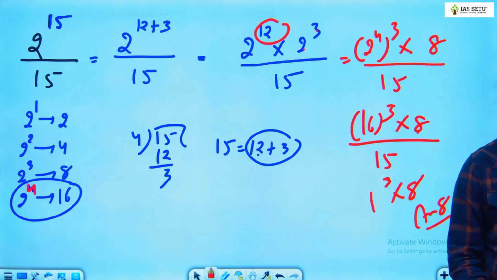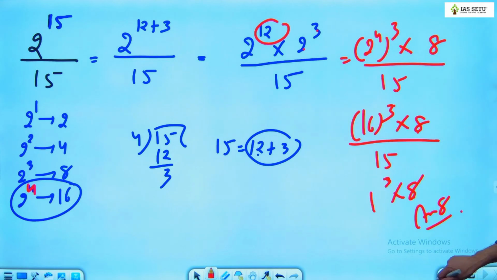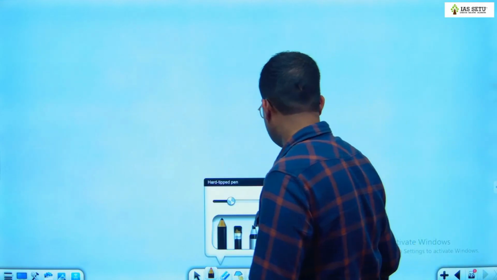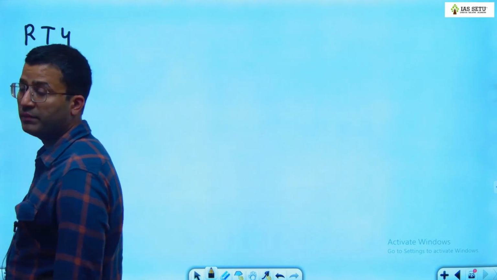Okay. Next is remainder theorem 4. Remainder theorem 4 is